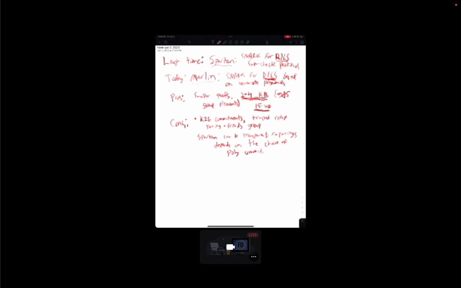You could swap out KZG commitments in Marlin for something like Bulletproofs, or something transparent. But then you'd be giving up essentially the most important benefit of Marlin relative to Spartan, which is smaller proofs. And the point here is that because Spartan uses the sum check protocol, the proof size, no matter what polynomial commitment scheme you use, will always consist of at least log n field elements, where n is the size of the R1CS instance,